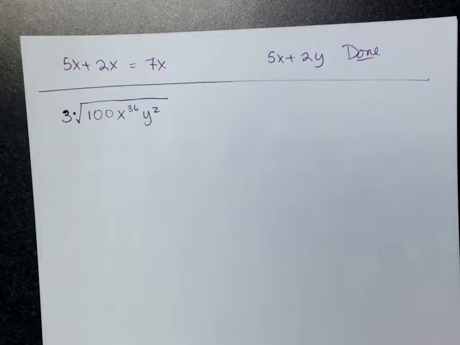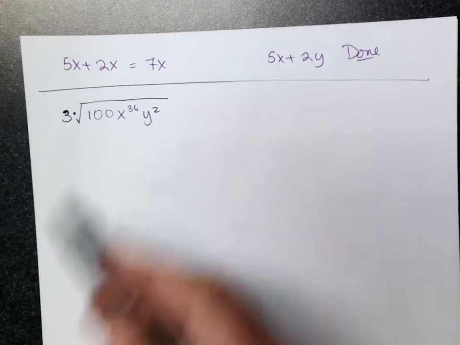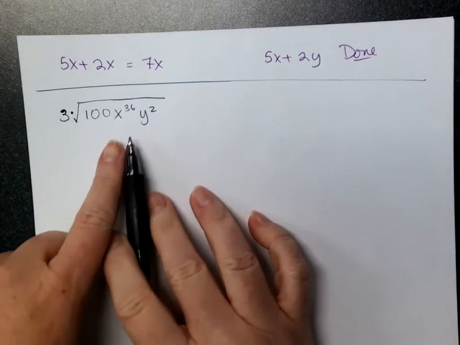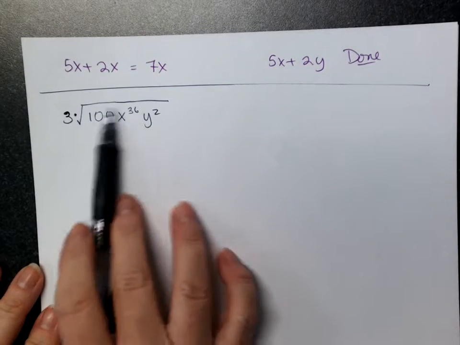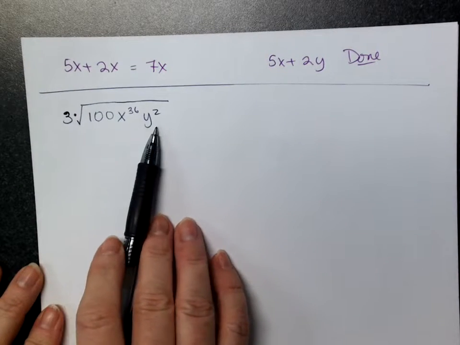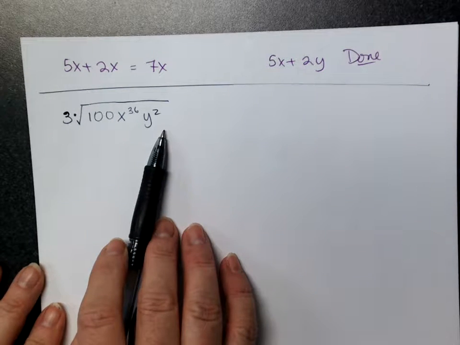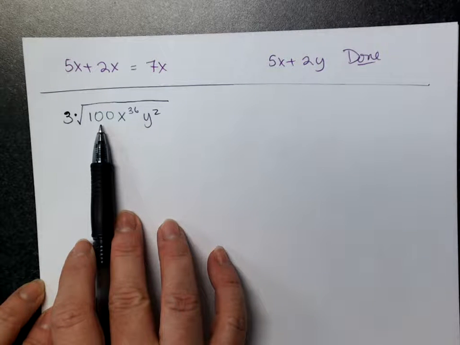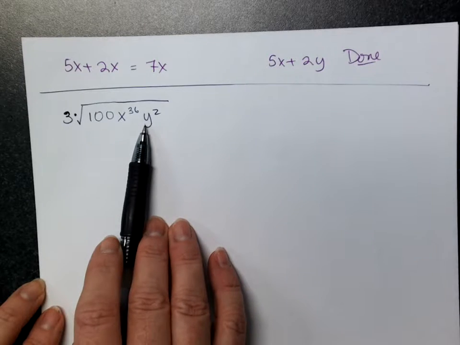All right, but that aside for a second, what we started off with in 11.1 is the idea of what is a perfect square, perfect cube, etc. So the way to attack these problems, if you're told to simplify, is note how many elements do I have underneath this radical sign? 3. Yeah, we got a number, and we got an x, and we got a y. So ask yourself first, is this a perfect square? Yes. The number is. What about this? Yes. And this? Yes. We have an